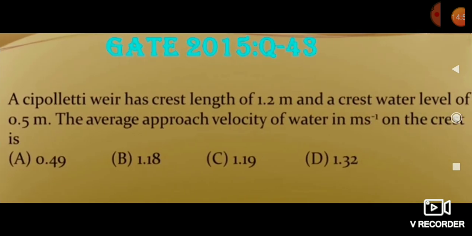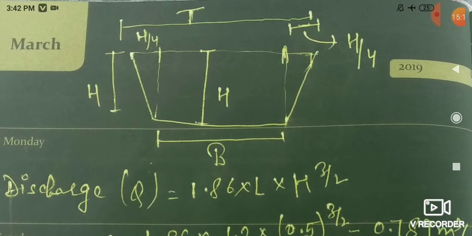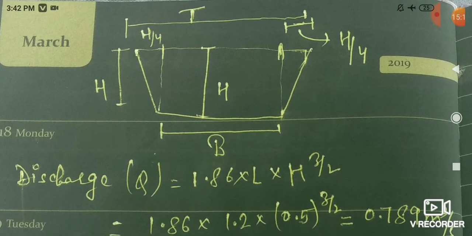Here in the question it is asking the crest length. Crest length is nothing but the length of the crest, means I will show you with the diagrams, then it is going to be more clear to you. And the water level is 0.5 meter and it is asking the velocity of approach. So you can see here clearly the crest length B is given to us and the top length is T,